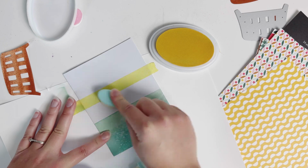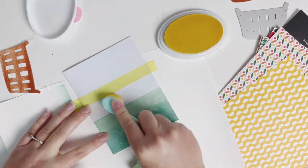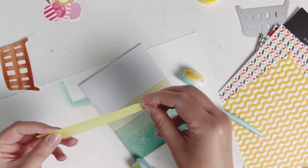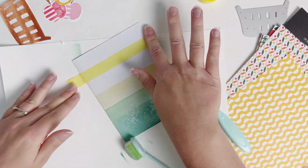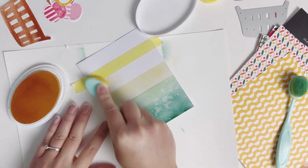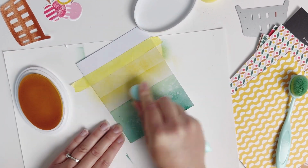I have my Whipped Honey. I'm starting with a lighter yellow, and this is kind of going to be like my sky. I want it to be yellow and orangish, so I'm just going to do a couple different colors here, just doing a couple different layers. Now I have my shea butter, just trying to add the different dimensions,